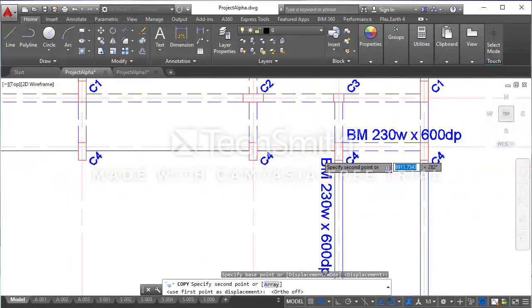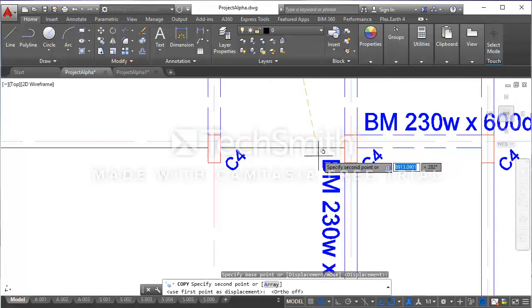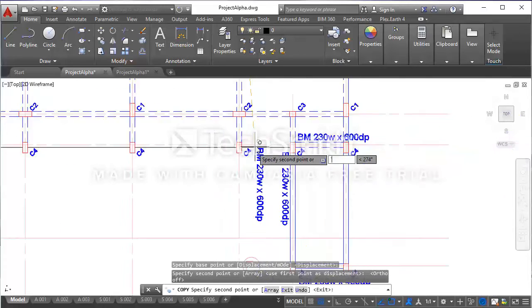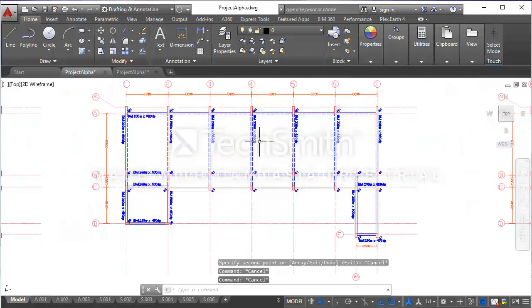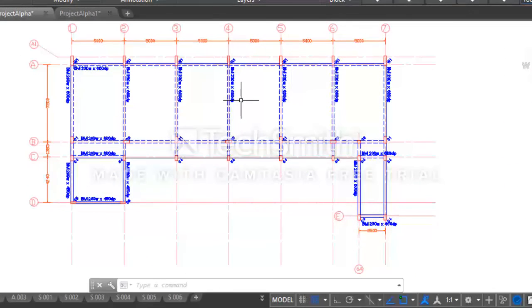I'll paste it here. So now I have successfully placed beam labels on my drawing. So this beam label denotes the property of the two beams found along the line 6A, this beam and this beam.